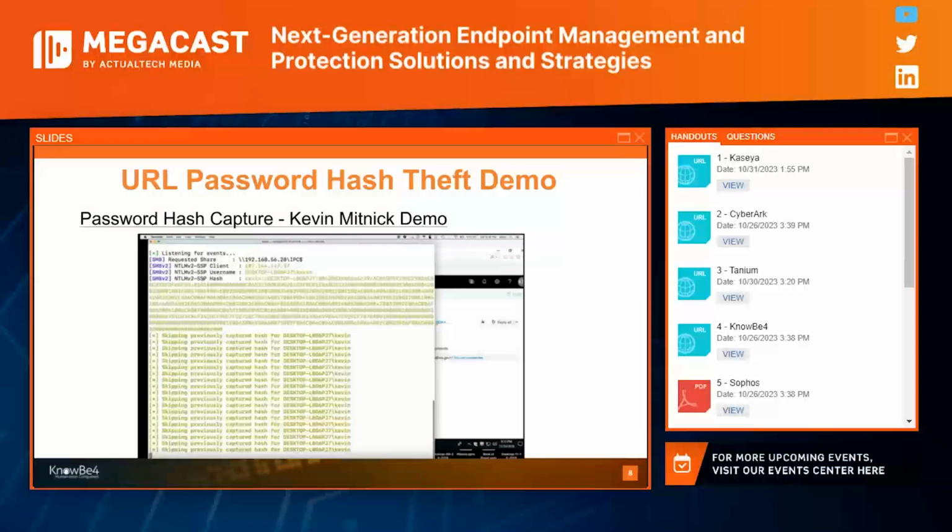So, I mean, that's pretty amazing if you've never seen anything like that before. Again, Kevin sent an email to the quote-unquote victim. They opened up the email, and although Kevin's demo shows you just opening up the email, in every instance I've ever tried this trick, the person has to be tricked into clicking on the URL. When they click on the URL, it transmits this Windows NT Integrated Authentication password challenge response session to the remote server, and then he's able to capture the NT hash from that and crack it with a password cracking system.